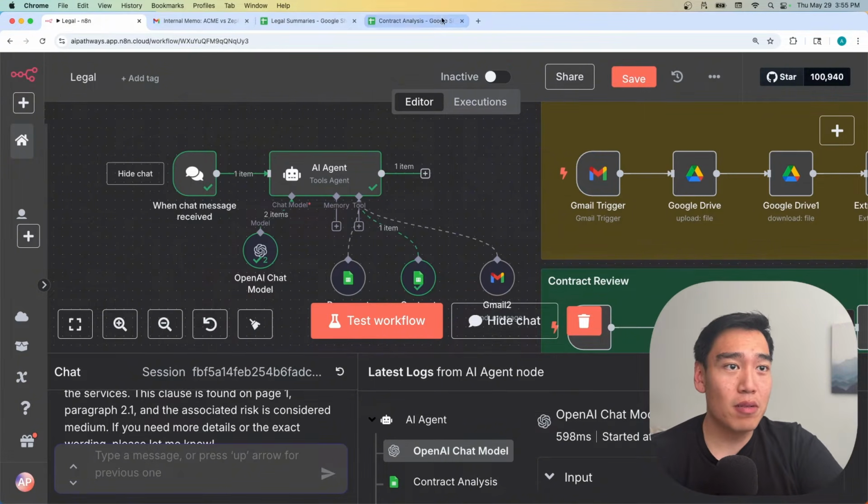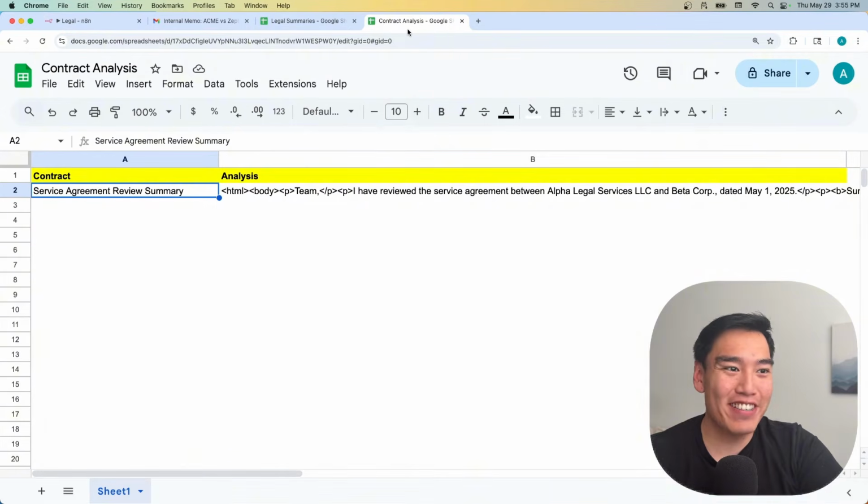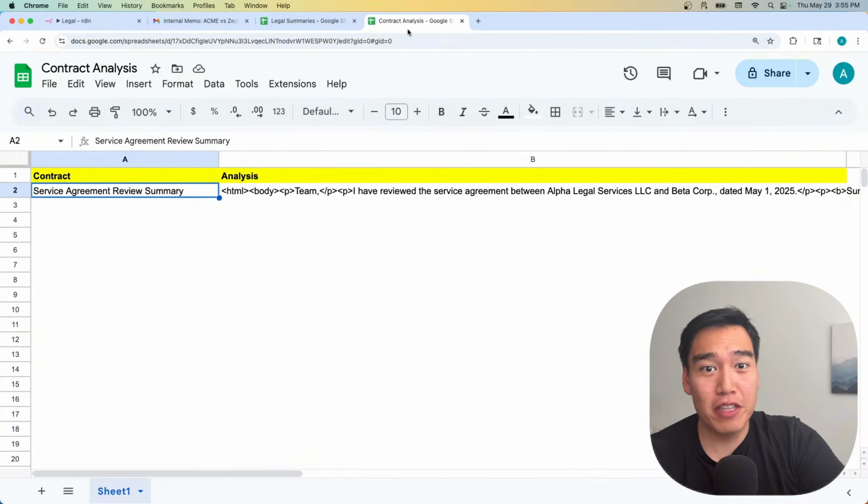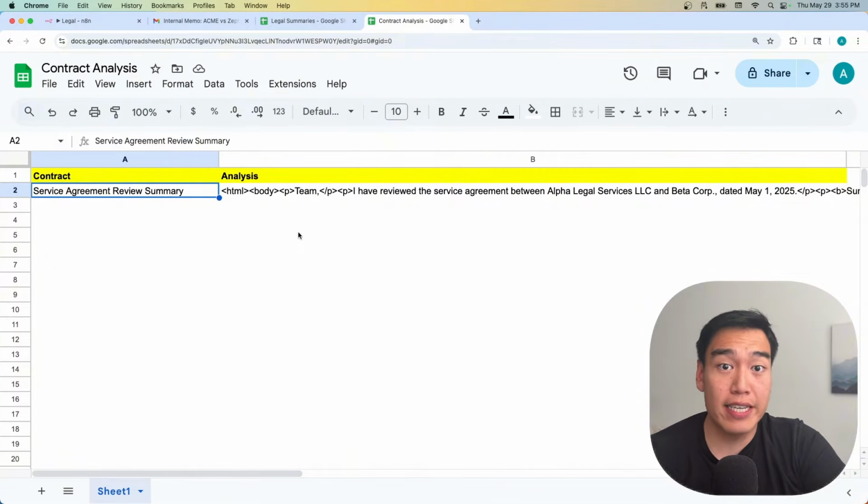Now this might seem pretty simple because there's one contract, but this is going to be pretty invaluable once you're actually working with a law firm and you have hundreds, if not thousands, of different contracts that you can